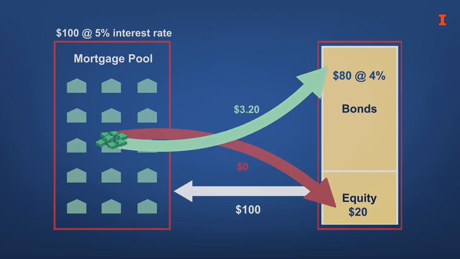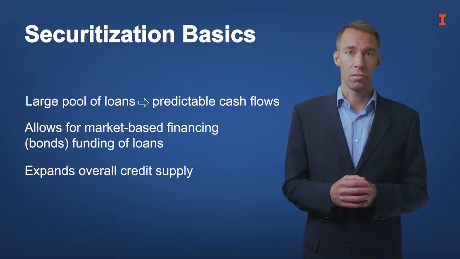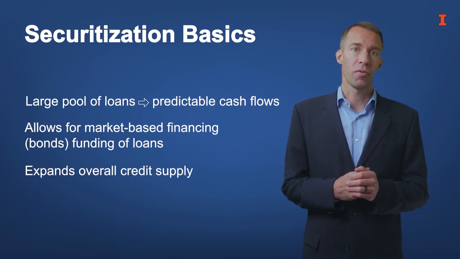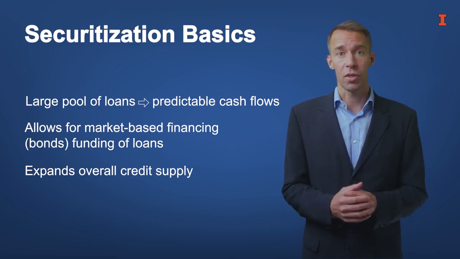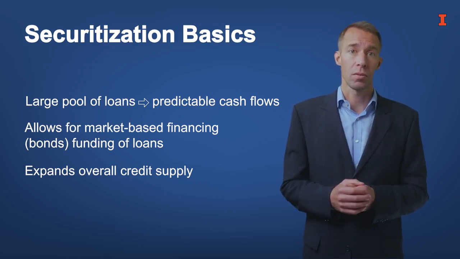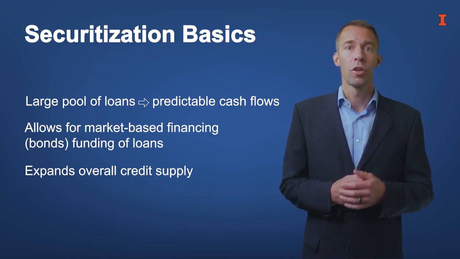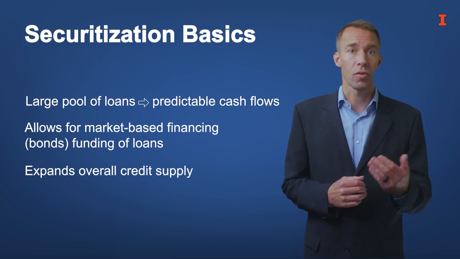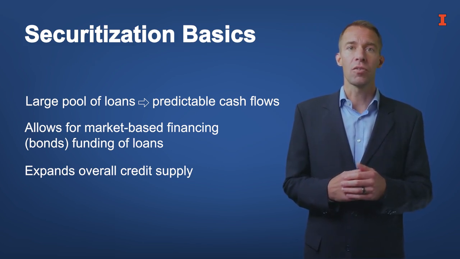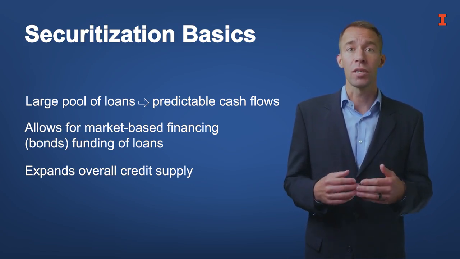The equity holders usually make a nicer return on their investment. However, they also bear the risk. This example illustrates the basics of securitization. It is arguably the most important financial innovation of the 20th century. It also shows how securitization works as a funding model. With a precise estimate of the cash flow in the securitization pool, you can use bonds to fund the loans. The lender does not need to have the cash to grant all of the loans. Instead, they can borrow it from the market.